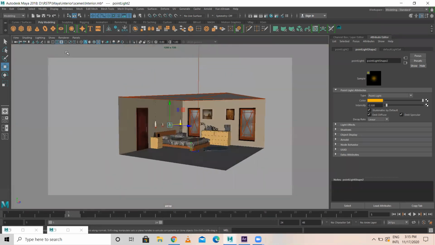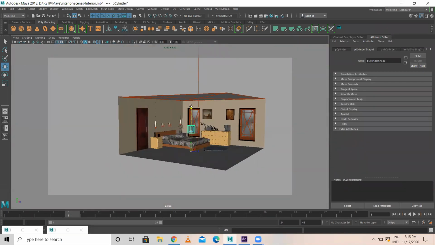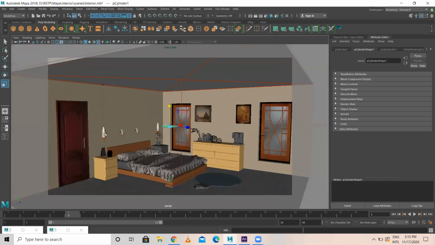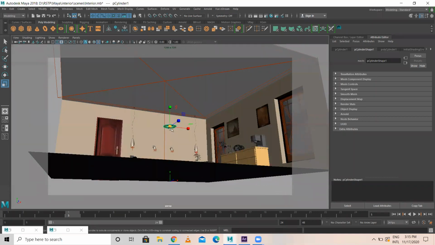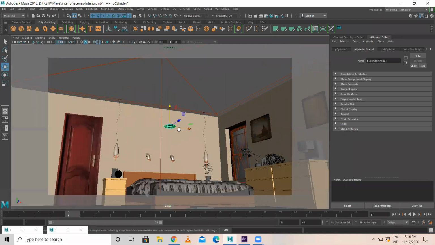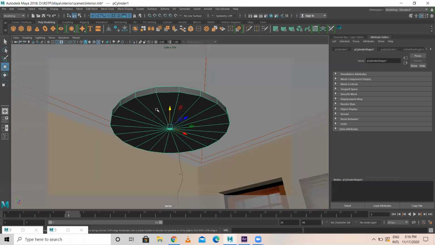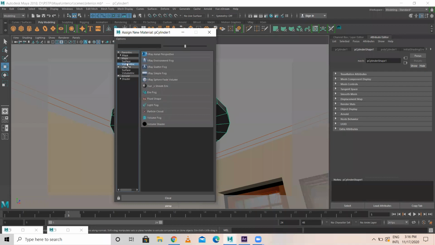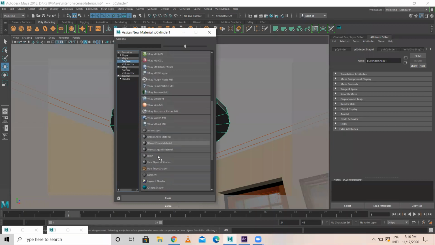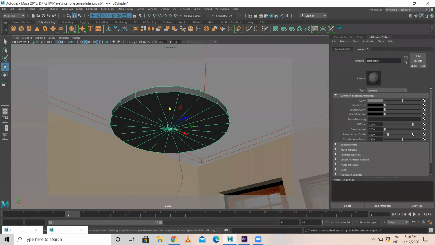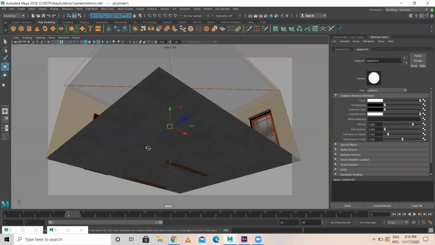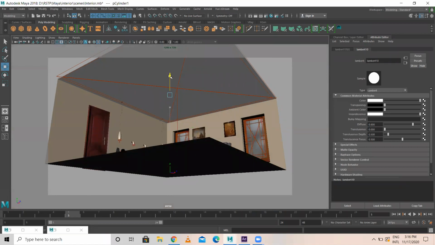Then what I'll do? Yes. I want a few lights in the ceiling. I'll take a cylinder. I make it something like this. Okay. Then I make this thing smaller. Then after that, let me apply a material, assign new material, Maya surface, Lambert, it's here. So color of the Lambert, I'll give white, incandescence completely white, okay. So what I'll do is, let me place this over here.